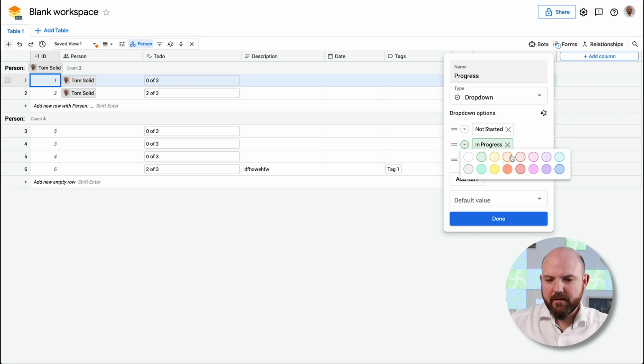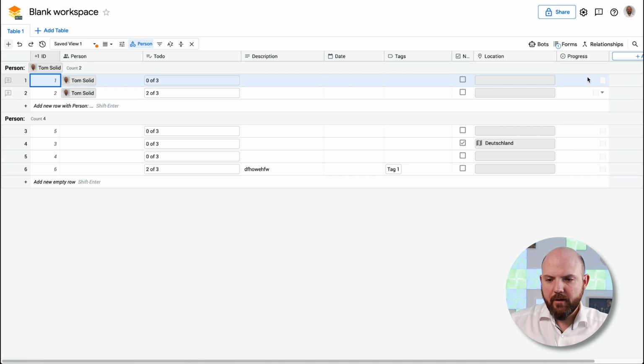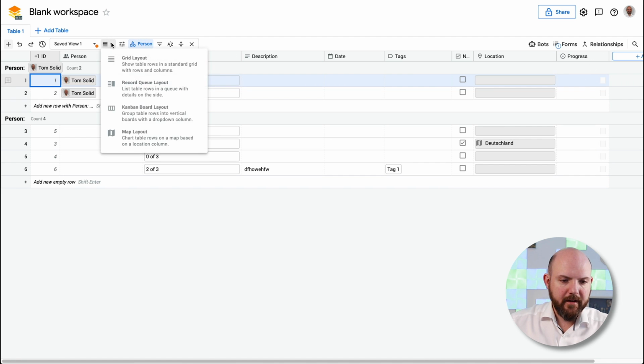Okay, I can change the colors here, but it seems it's limited colors, so I have to pick from some. Okay. And done. And now that I have a progress bar, I think I can now choose the Kanban board